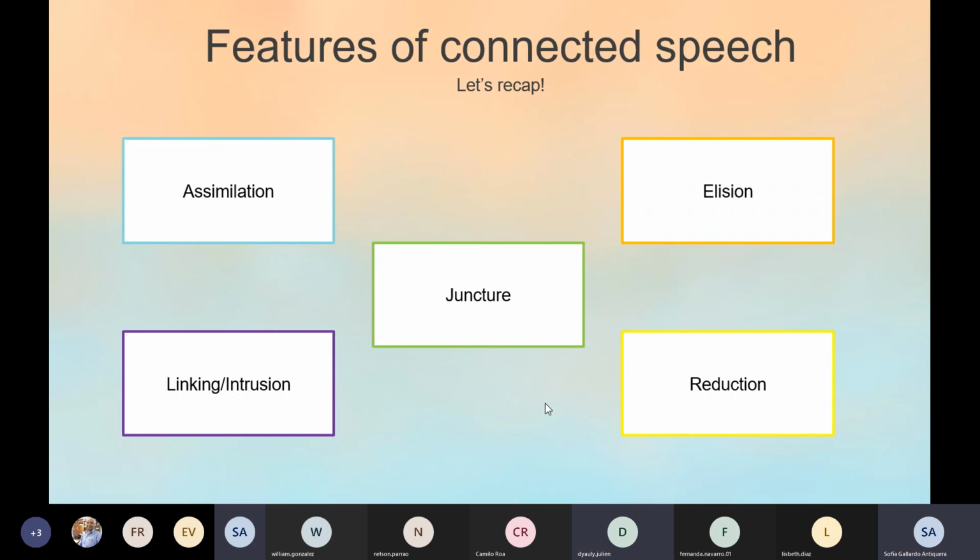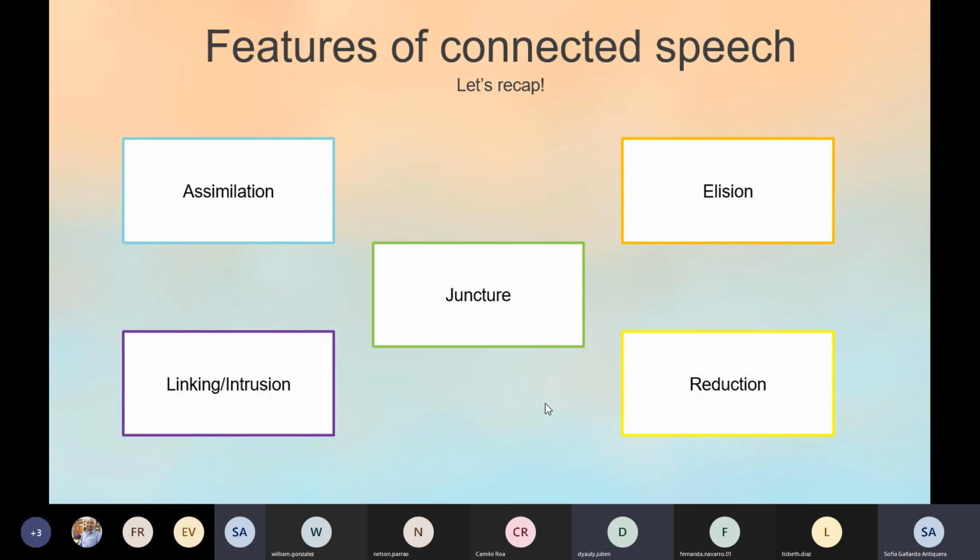I can do it as well. Go on. Okay, linking is, for example, when we have a word that ends in R, we have to join both words together. I cannot think of an example right now, but it's when we have an R and then a vowel sound. So as an example, Jolie, we used War and Peace, and the pronunciation was War and Peace, exactly, and it sounded together. Yes, exactly. Intrusion, what was it?